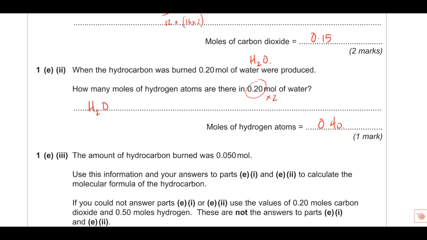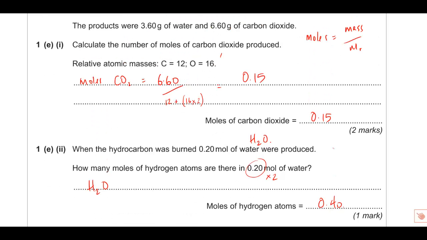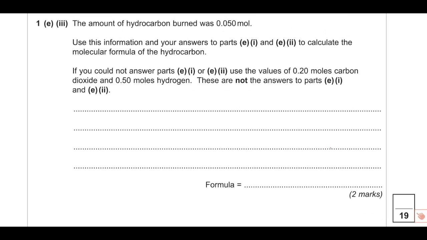Now the next question is using those 2 there, so part e 1 and e 2. And I think this is quite a tricky question. It's asking you to use that data to work out the molecular formula of the hydrocarbon, and we're using that data that's given. So the data basically is the 0.15, here we go, so we know carbon is 0.15, and we know that hydrogen is 0.4. And actually the way you do this is you just strike up a ratio between the 2. So carbon to hydrogen,